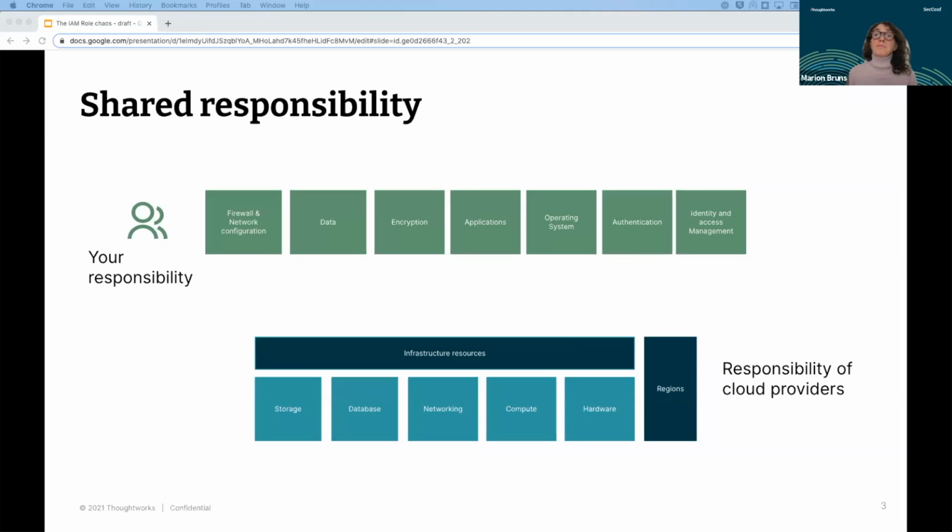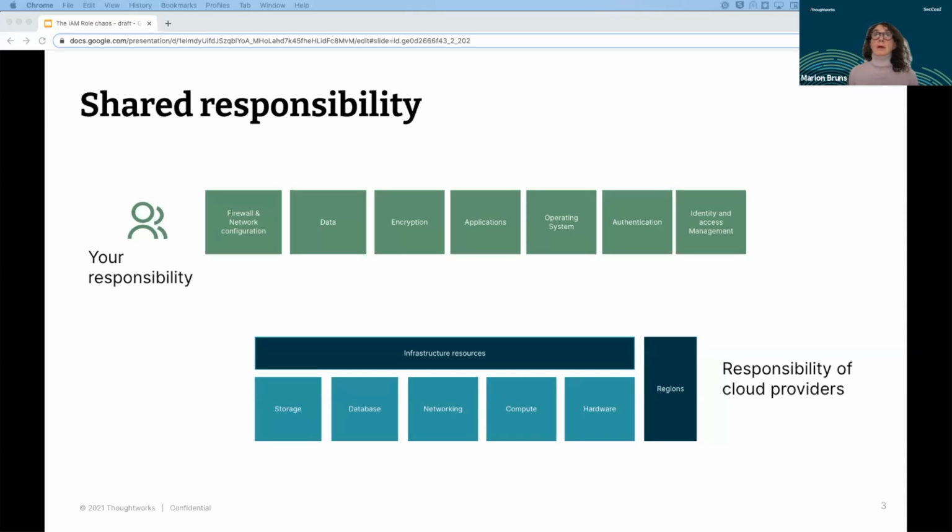AWS comes with a shared responsibility model, and all cloud providers have a similar concept. The cloud providers are responsible for the infrastructure resources across the multiple regions they serve, so storage, database, networking, compute, and hardware.